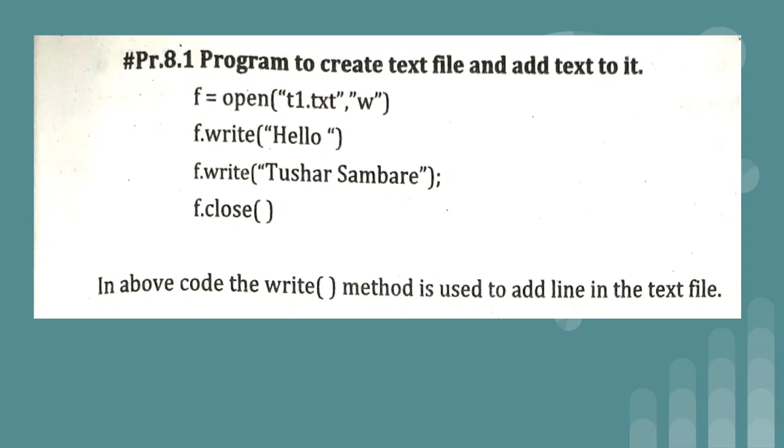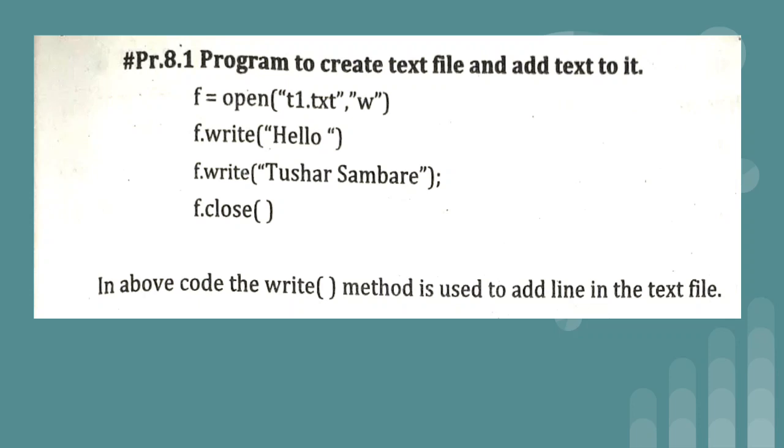Of course, you are going to write the program in Python, right? Once you have written it, we have to save the program. Wherever you save the program, in that location only the file which we named, that is t1.txt, will get created. So we don't need to specify a separate path for creating the .txt file.